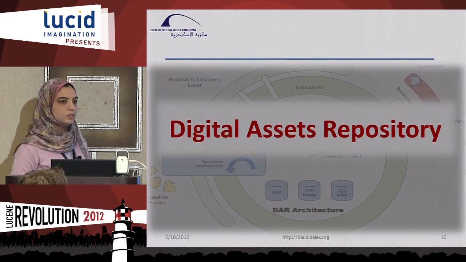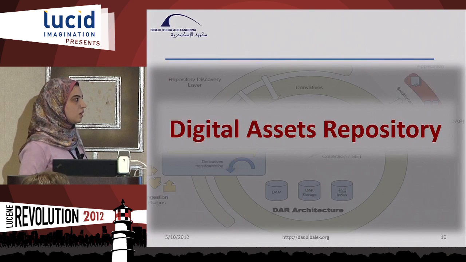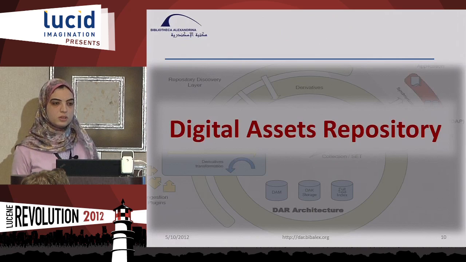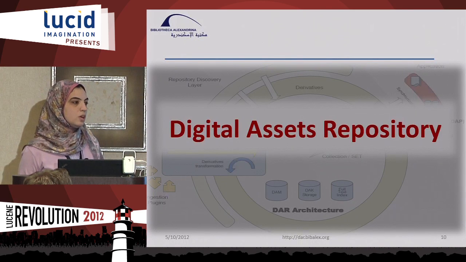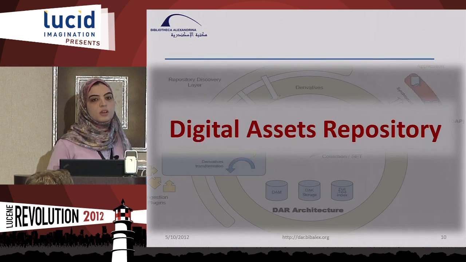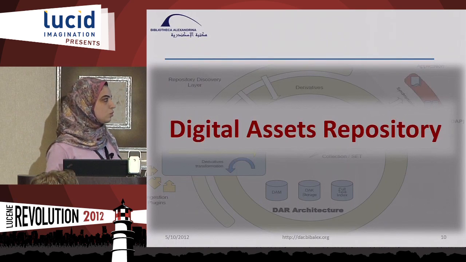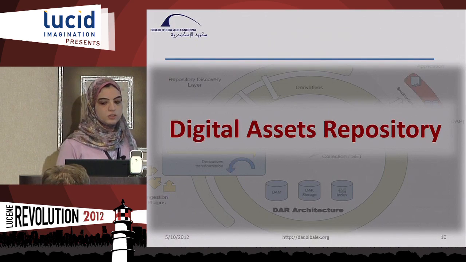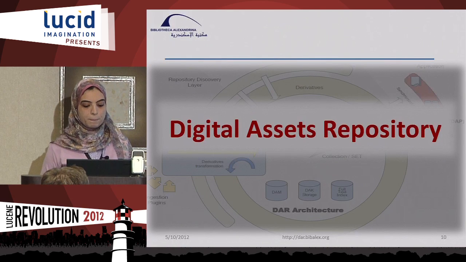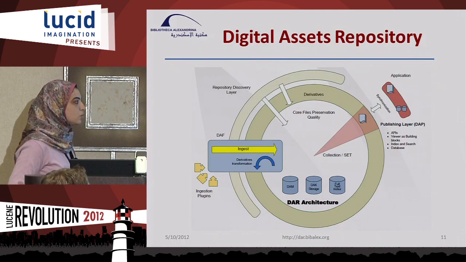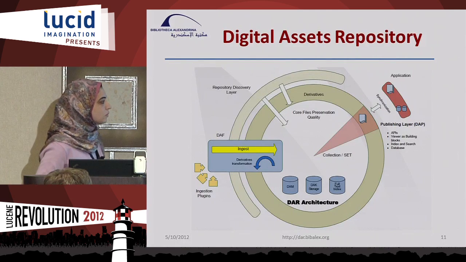So we built our digital asset repository. This repository contains all the digital media that are available in the library: videos, audios, manuscripts, publications, books. But currently, we are concerned with the books, especially in this presentation. So let's have a brief introduction to the architecture. As you can see,